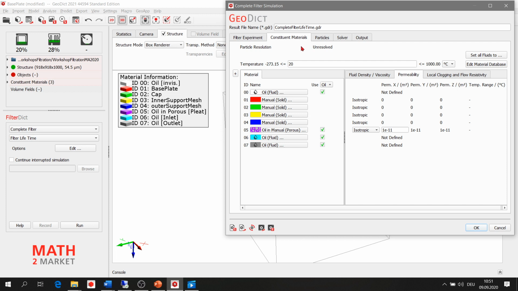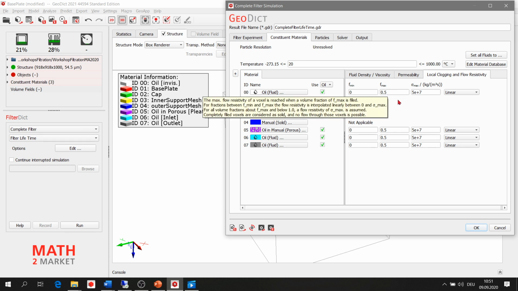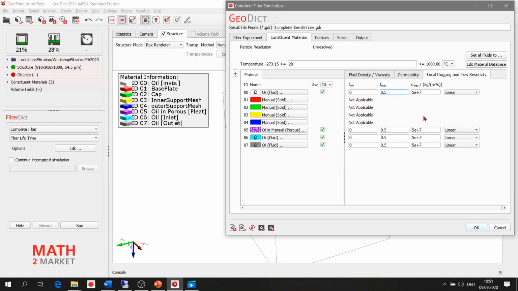When we have an unresolved case, then we have to define some extra parameters called local clogging and flow resistivity. This should be defined for the void voxels and also for the porous voxels.